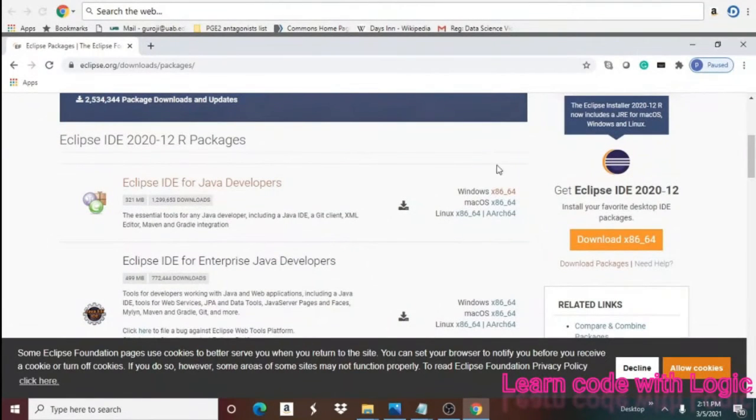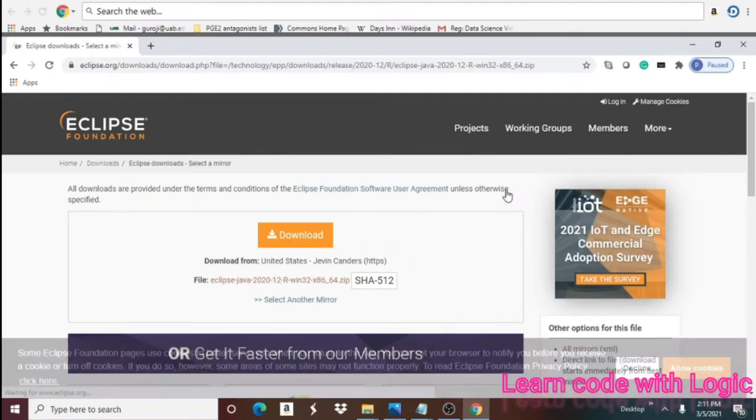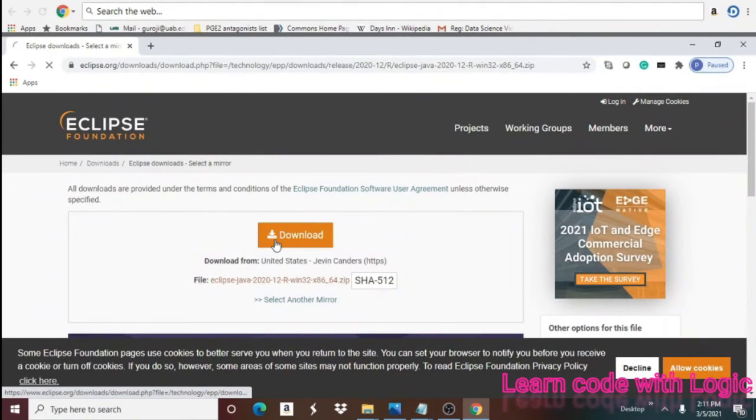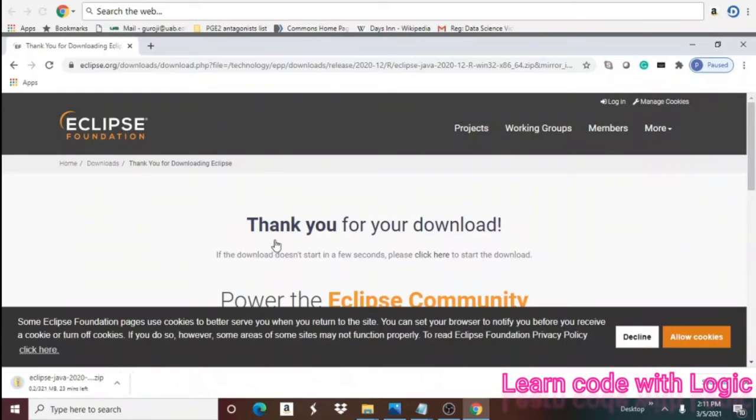Your selection is based on your Windows operating system. Select that one and click on download. Once the download is complete, just open the folder, extract the files, and save them wherever you want.